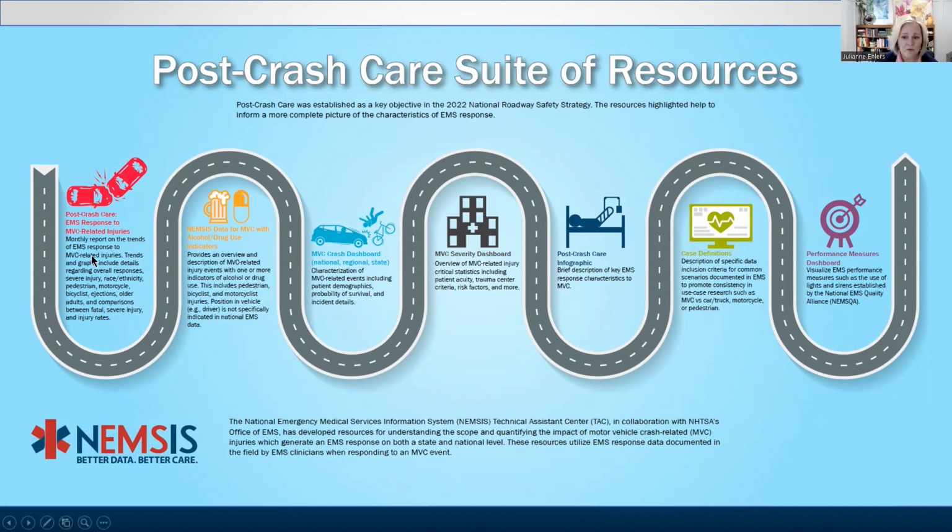Post-crash care EMS response to MVC injuries. This is a monthly report. I'm going to show you guys that. There is data for MVC with alcohol and drug use indicators. There's 2 different MVC crash dashboards that I'll show you. One of those is a MVC severity dashboard. We've got a post-crash care infographic that helps to communicate just some of those high-level big interest items on traffic